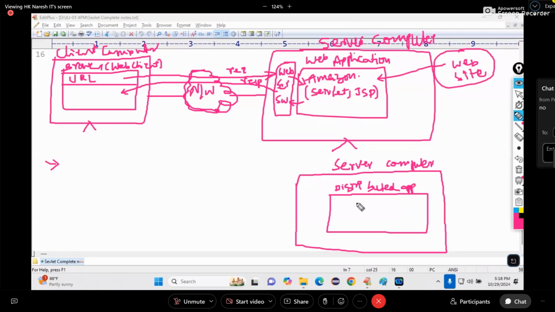A distributed application is developed by using which technology? EJB. Okay. And middleware services. Wherever EJB is there, its services will also be there. EJB alone cannot complete the task. EJB and middleware services.